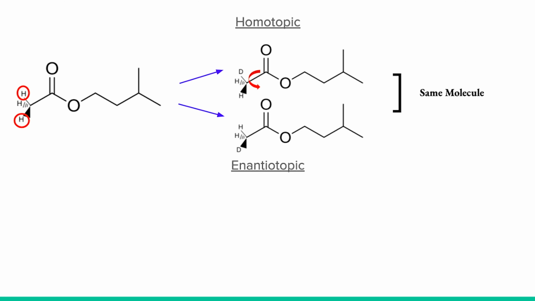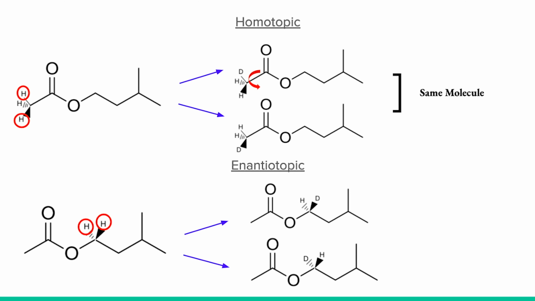Now on to enantiotopic. Let's begin by using the same molecule, except let's examine these two hydrogens. Let's do the deuterium test again. We draw the same molecule twice. This time we'll place one deuterium here and the other deuterium here. If we compare these two molecules, notice that we did create a chiral center,